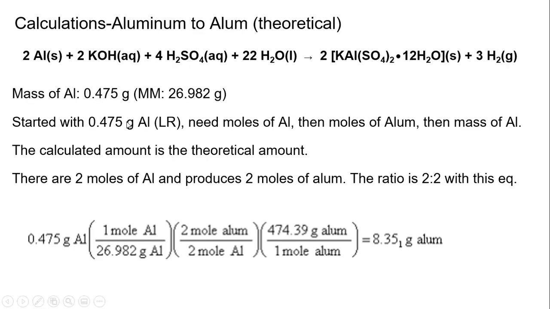These numbers do not match the amounts given on LabFlow, but you're going to go through the same process. So I'm going to use this equation, and I'm going to say that my mass from my experiment is 0.475 grams. It's not even close to what you're given on LabFlow, but it doesn't matter. You're going to follow the same steps, and you're going to find that this lab is one of the easiest labs that you have done this whole semester